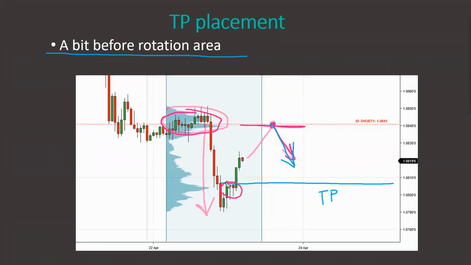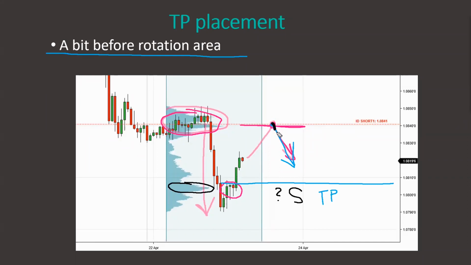Remember when I was saying that in rotation areas, heavy volumes are traded, right? Now you can see that on the volume profile here. You see how wide it is at the place where there was this little rotation, even though this wasn't the biggest rotation ever, but still there was a little rotation and heavy volumes were traded there. So this was a significant zone, because heavy volume zones usually work as a strong support or resistance zone. So this is potential support.